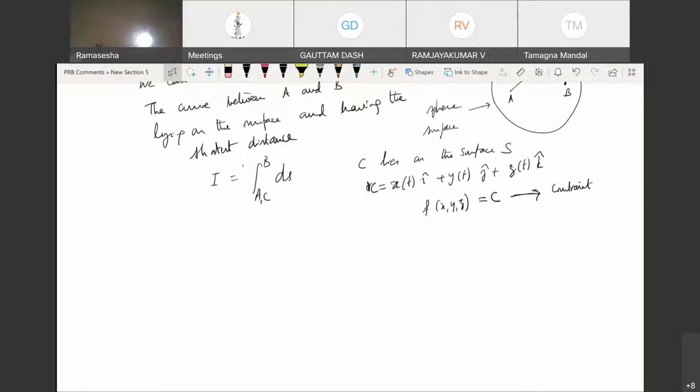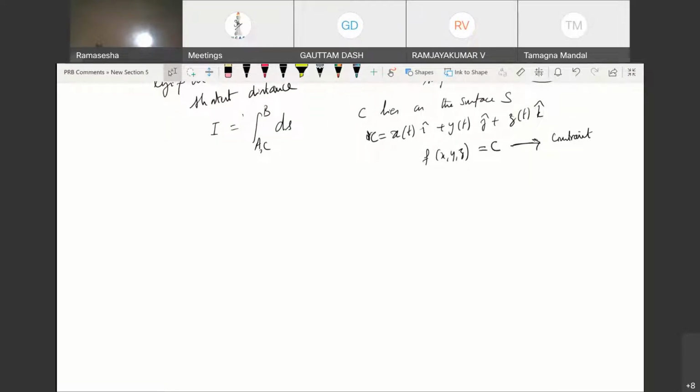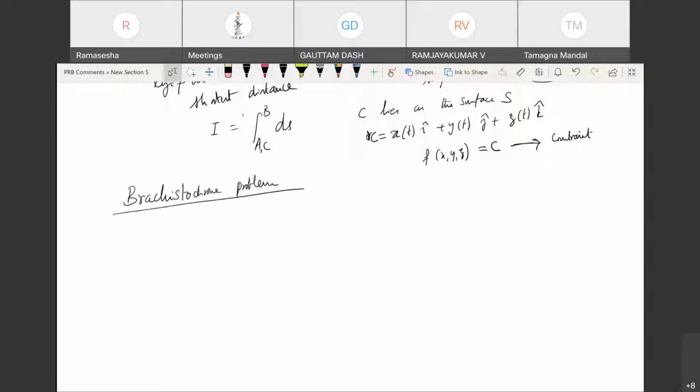But before that, I'll tell you what you will actually do to get to this state. One of the most interesting and important problems that was ever posed is what's called the Brachistochrone problem. If you Google for the Brachistochrone problem, you will come across its solution as well as the statement of the problem. This was the first problem in calculus of variations that was actually posed and solved, as far as I can tell. And the problem is the following: